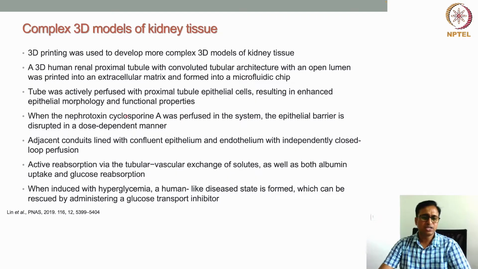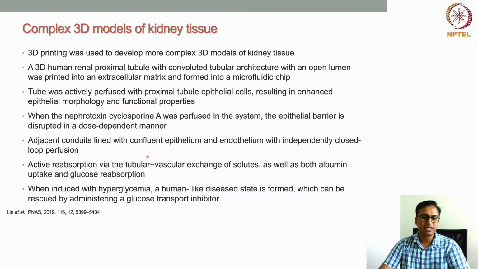So what the nephrotoxic agent does, when it is injected into their 3D printed tubule structure, is disrupt the epithelial barrier, and that is in a dose-dependent manner. That means at a very low dose the epithelial barrier is probably not disrupted completely, but when the dose was increased, the epithelial barrier was slowly disrupted, and a disrupted epithelial barrier cannot do the physiological function. So this is a physiological response that was seen in a 3D printed model. That's a very important